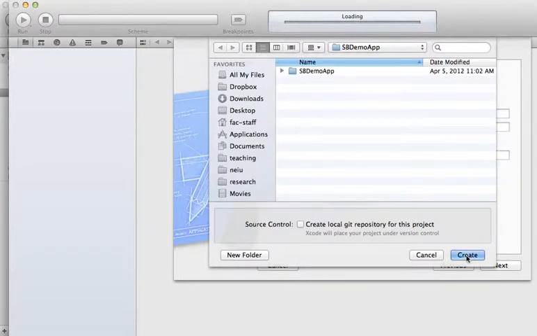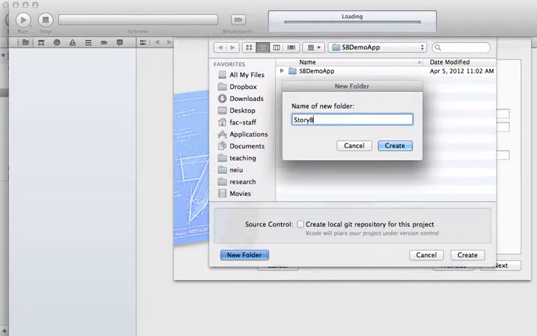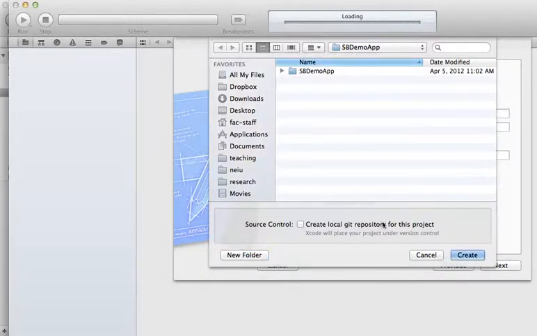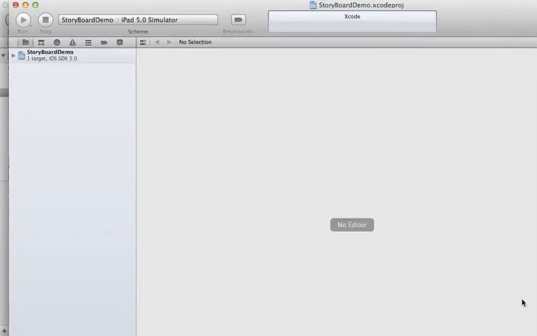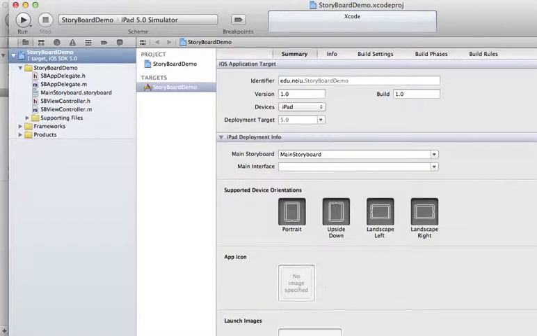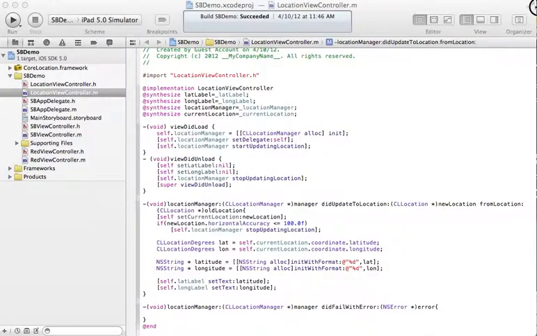Now, I'm just going to click create. Maybe I'll do a new folder, storyboard demo. So you can see I had a previous one there. So what's going to happen is, before using storyboards, what you had to do is basically be happy with Apple's, let me resize the screen a little bit, be happy with Apple's